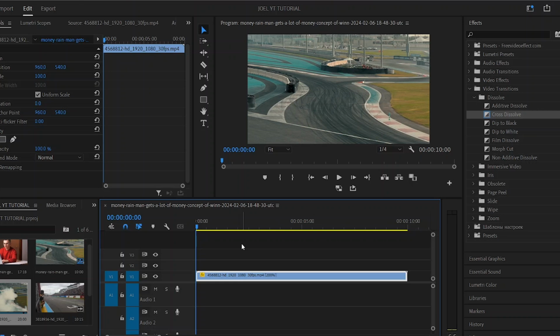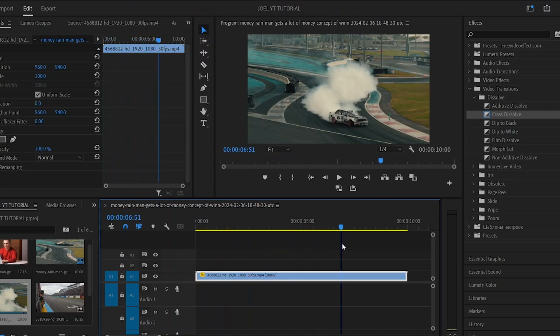Okay, so how to take a screenshot in Premiere Pro. To take a screenshot, you find a place you would like to take a screenshot. I would like to take mine from here. If I want to take my screenshots from here, what I'll do is I'll just click